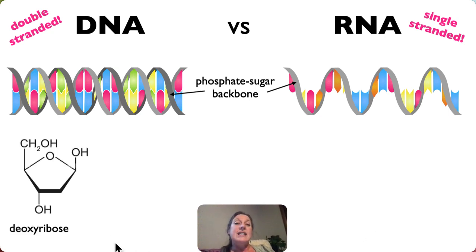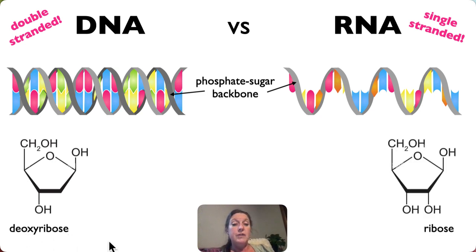The sugar in DNA is called deoxyribose. Deoxy means that oxygen has been removed. RNA is made from ribose. And if you look, you can see how ribose has this OH group or hydroxyl group attached to one of the carbons, but in DNA, that oxygen is removed. There's actually a hydrogen here. We just don't draw hydrogen unless it's bonded to something else. So deoxyribose is literally ribose with an